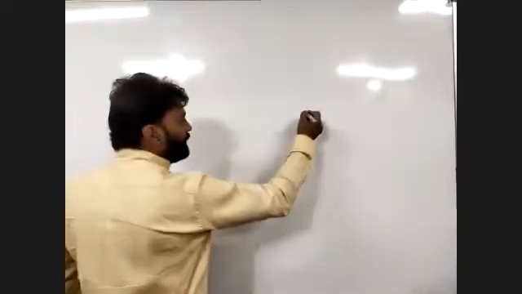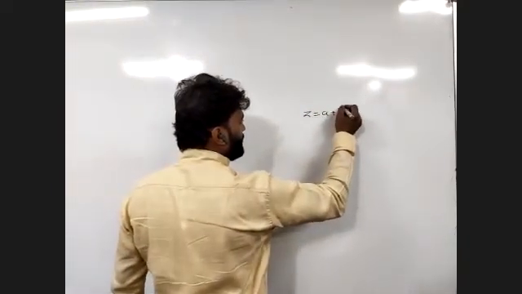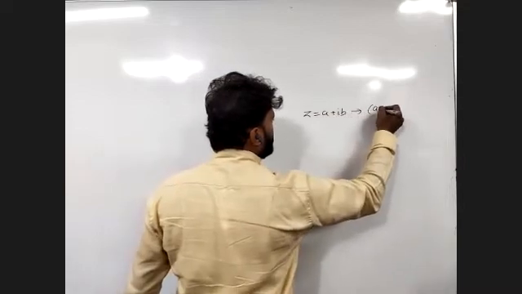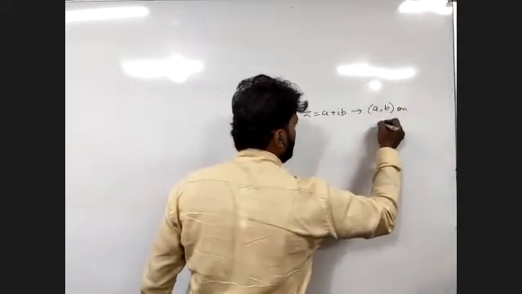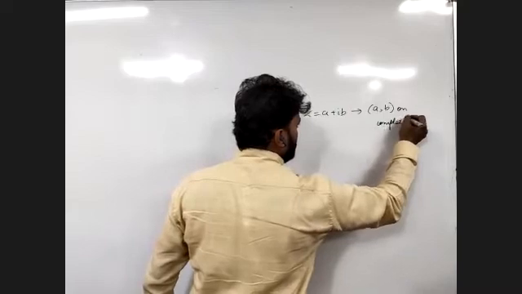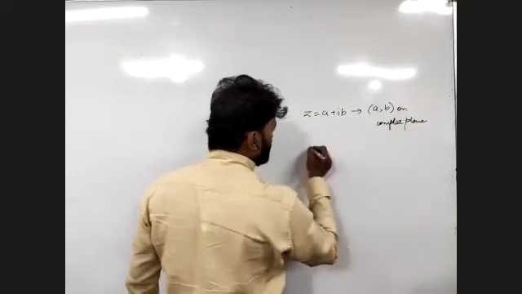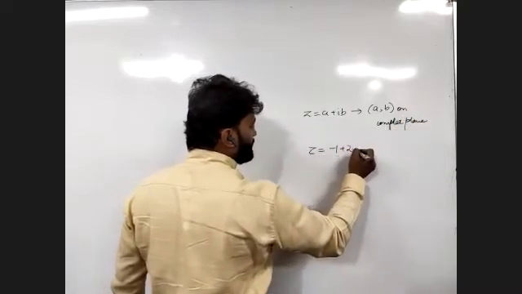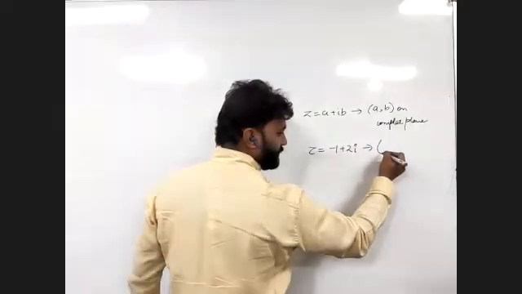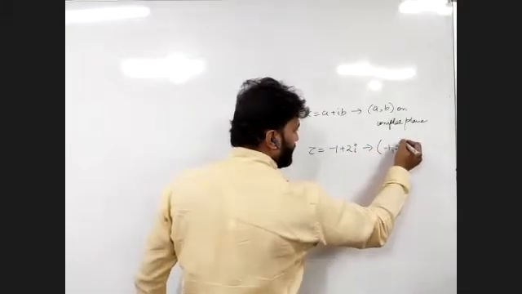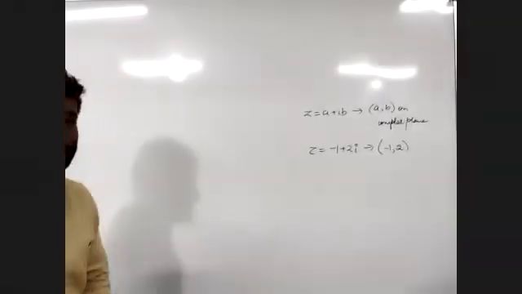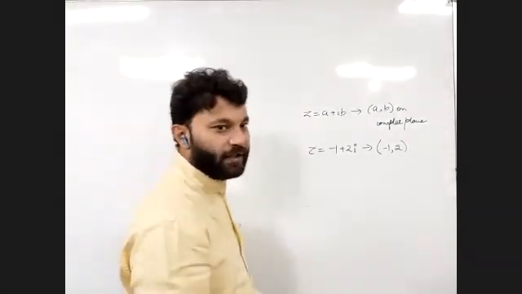One simple thing: if z equals a plus ib, it actually represents a point (a, b) on the complex plane. So if z equals minus 1 plus 2i, it will represent minus 1 comma 2. Right? If z equals 3 minus 7i, then